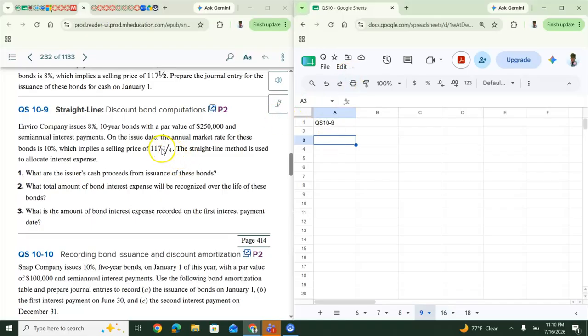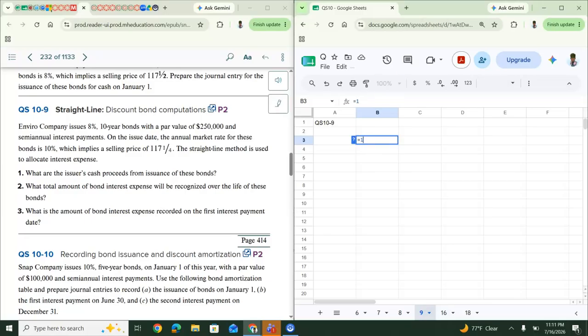And they have a quoted price of 117.25%. And they're using the straight line method for allocating interest expense. The first question is, what are the issuer's cash proceeds from the sale? So that number 1 will be pretty simple. All we'll need to do is, I'm going to go ahead and use the calculator in here, and that'll be the 1